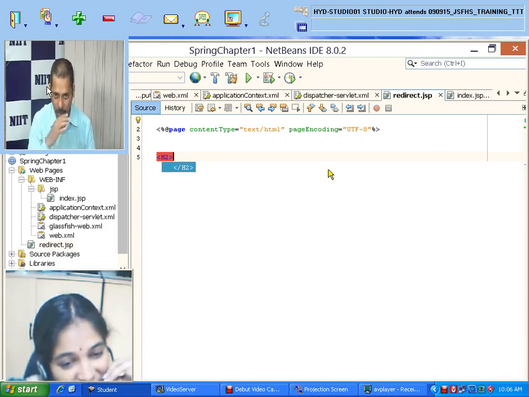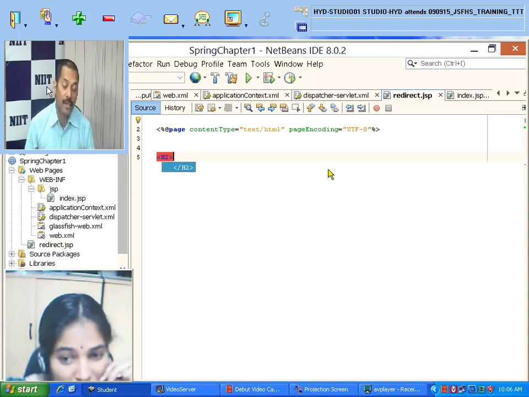So can I change this index.htm to some other name? If you write, say, index.xyz, then in that case you need to also change it in the dispatcher-servlet.xml file. There you need to say that if the request comes with index.xyz, then it has to go to the index controller.